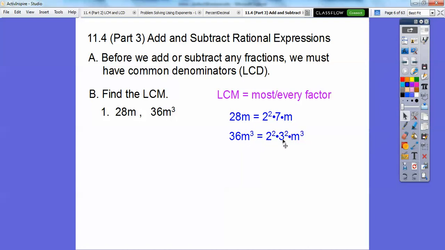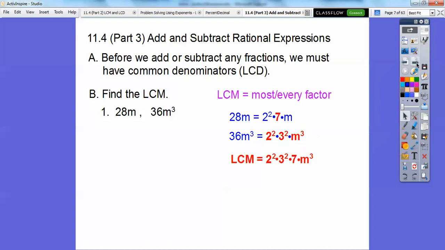And then here's 36, 4 times 9. Okay, so 4 is 2 squared, and 9 is 3 squared. Okay, most of every. So I see some 2's, I see 3's and 7, so I want an m. So I want the most group of 2's. They both have the same, so we'll just pick one of them. The most group of 3's is this one. This one has a 7. We've got to pick this, and we're going to pick this group of m's because that's the most right there,